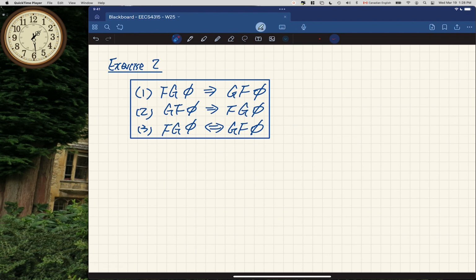How about this one here? Just before I point to Adrian or any others, we're basically having FG versus GF. I'll give everybody some moment to think about. This one here is saying that at some future point, phi is globally true, or continuously true. This one is saying infinitely often, phi is true. Now we want to know which one is actually stronger, or whether they are just equivalent. Guys, think about it. This is actually the trickiest one that we have had to deal with so far.